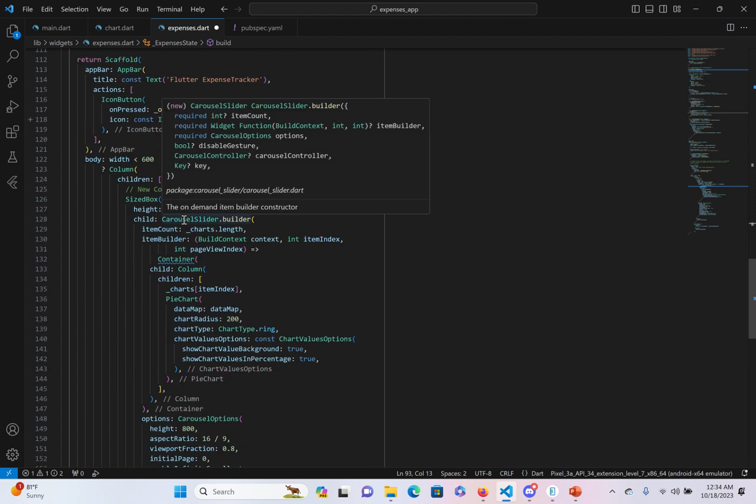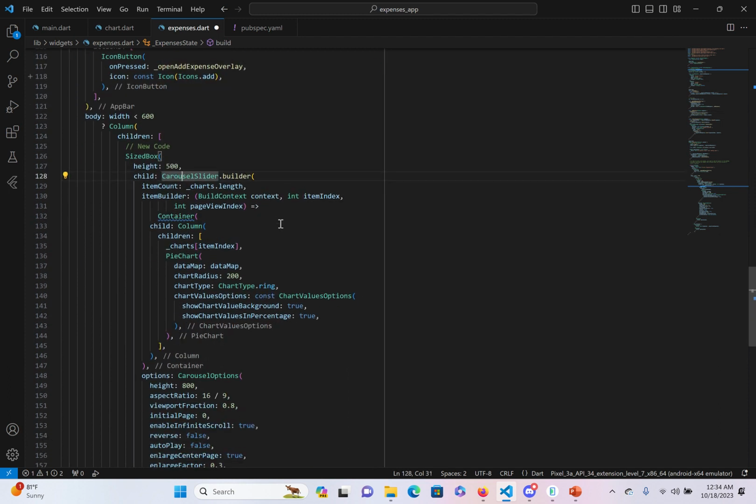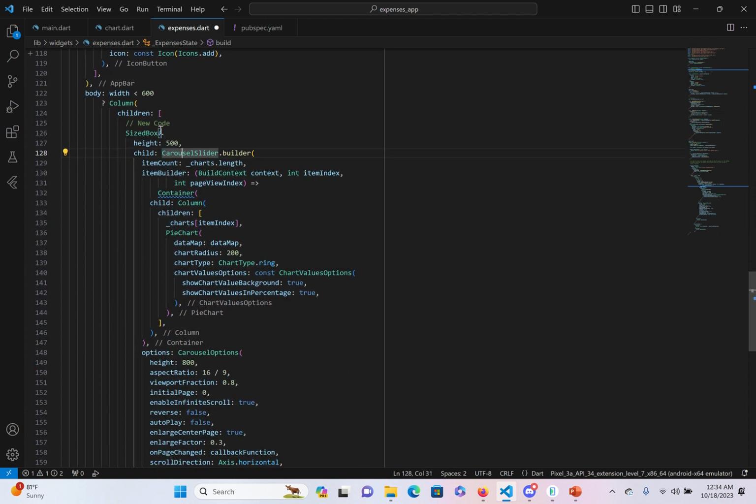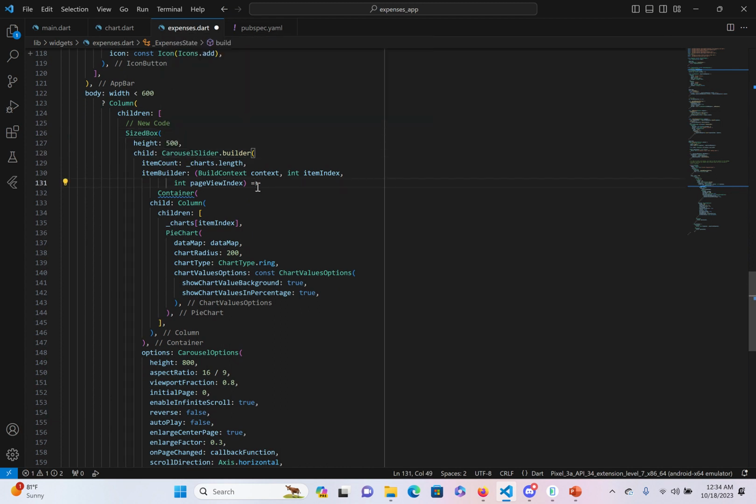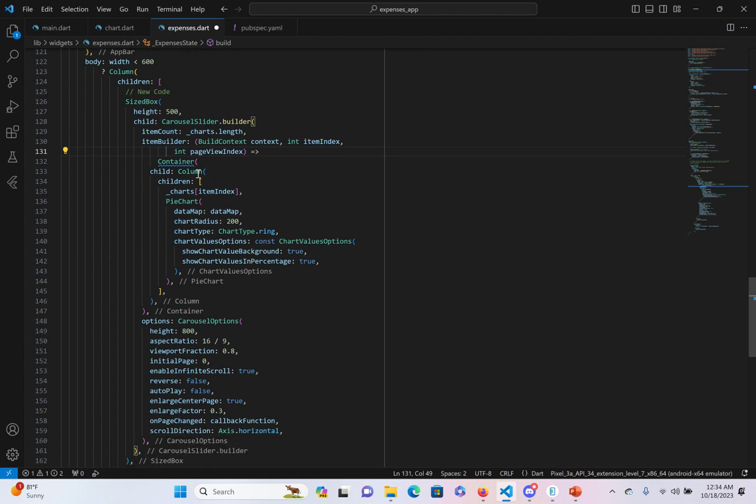Now down here is where I implemented the carousel slider. For this, I had to put it inside of a sized box and set the child to the carousel slider, which is what it needed. Basically, the carousel slider allowed you to swipe through the charts and the pie chart. So once you put that inside of a container using the child in the sized box,